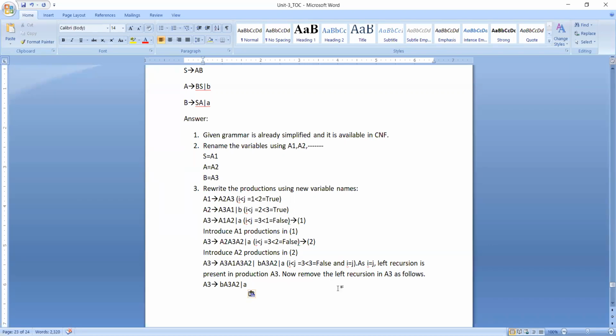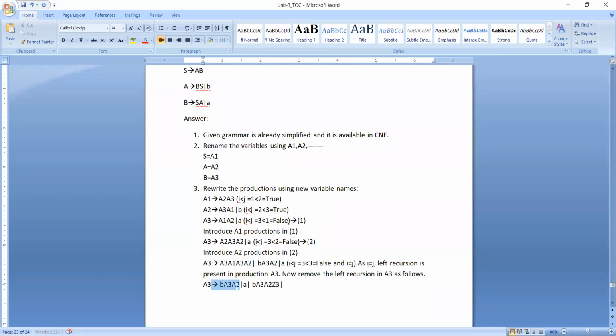So first we need to take the beta part as it is, and then we need to write beta 1 A dash. A dash is nothing but the variable here, A3. That is the reason why here we are going to introduce a new variable called Z3. Z3 is a new variable which we are introducing in order to remove the left recursion.